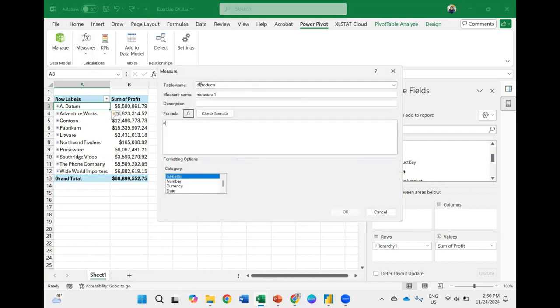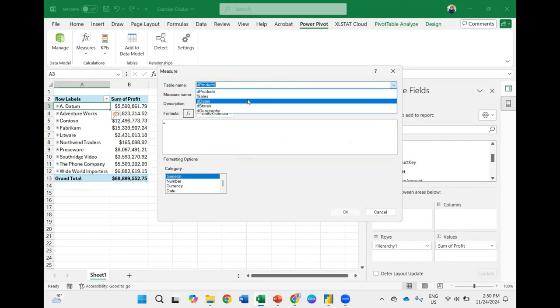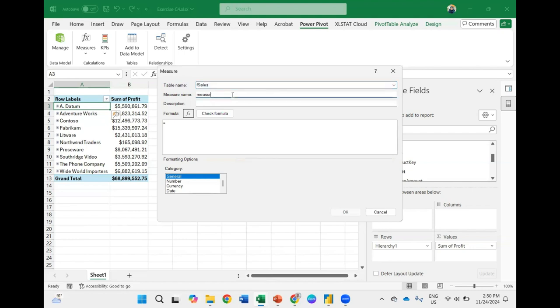Where do you want to put that new measure? Let's say I want to put it in the sales table. The name is revenue. I want to create a new calculation for revenue. The formula for revenue is from F sales, the sales amount.